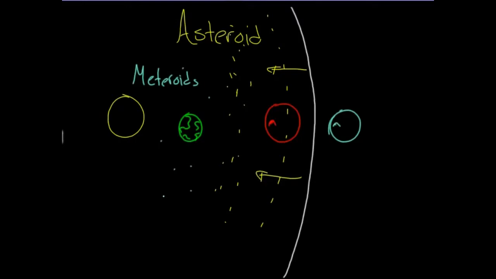And dwarf planets can exist just about anywhere. We've got Ceres in the asteroid belt containing 1/3 of the mass of all of the asteroid belt. And then way out past Neptune, we have Pluto. Pluto's out here like, oh, why am I not a planet anymore? It's because we found all of your sisters and brothers that are hanging out past Neptune too. And we call those guys our dwarf planets.